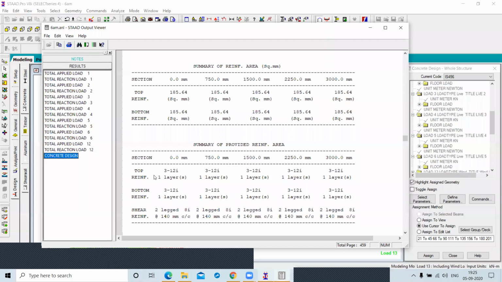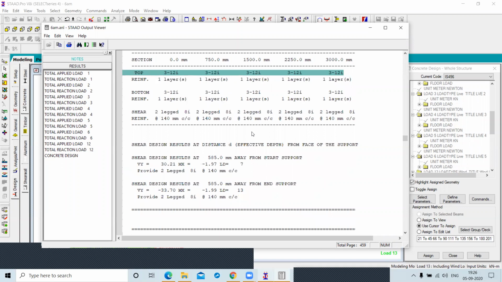In the top reinforcement, it will be 3 bars of 12 mm dia, and 3 at 750, and 3 throughout in the top, and 3 also in the bottom, and 2 legged stirrups of 8 dia at 140 mm center to center. Okay, this is the result for beam 1.